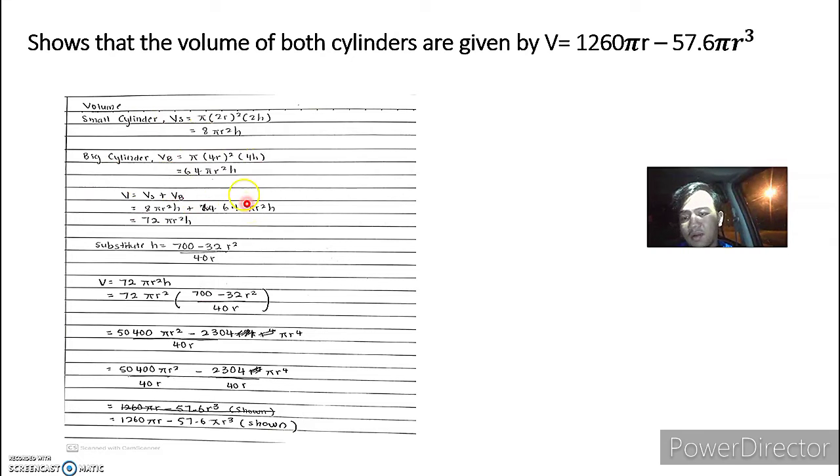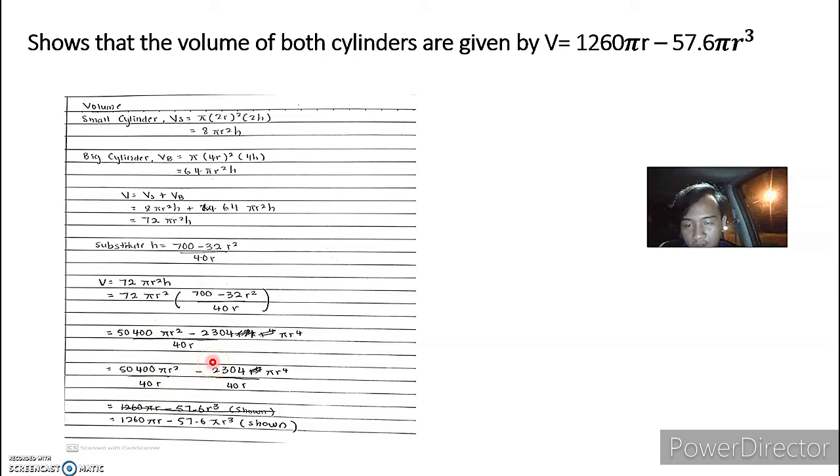We total up the volumes, so it equals 72 pi r square h. Then we substitute h equals 700 minus 32 r square over 40 r into the volume, 72 pi r square h, and it becomes